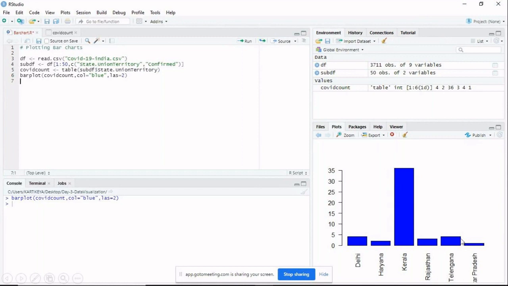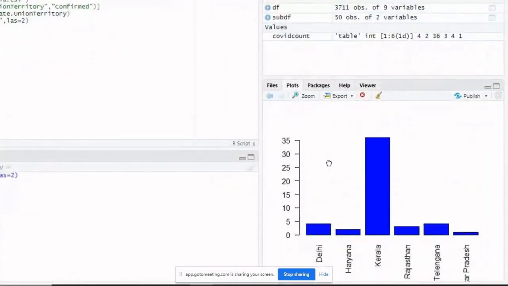So all the values are displayed properly here. Let me zoom in. You can see here all the names are displayed. So the command we have to include in this barplot is las = 2. You can see here, right? Still your bar chart is not clear. See, Andhra Pradesh is sliced out in the name, so I need to make this bar chart a little bit upside. Okay, I am giving that as an exercise for you.